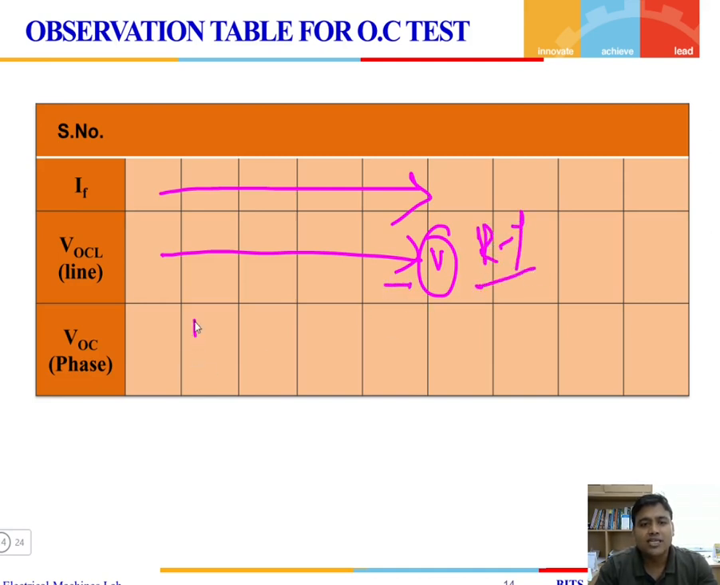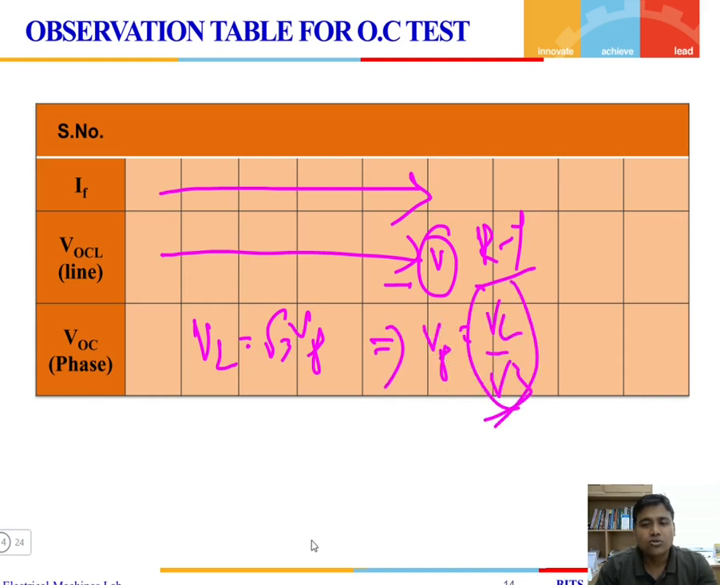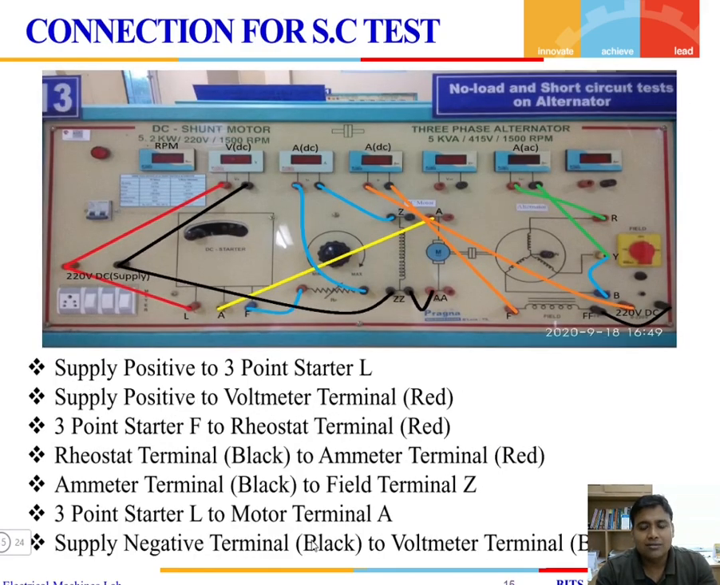The phase voltage can be calculated, because we know that line voltage is equal to √3 times phase voltage. So we can calculate the phase voltage as line voltage divided by √3. So we can obtain the phase voltage. Now here we have the short circuit test. So in the terminals of